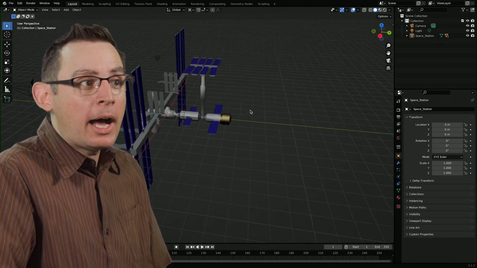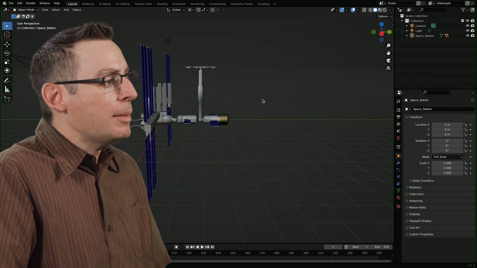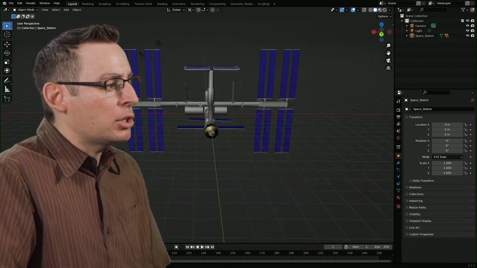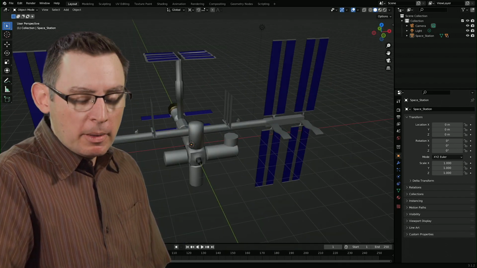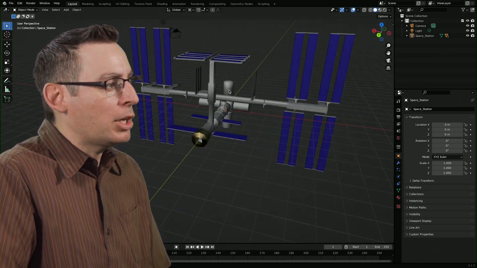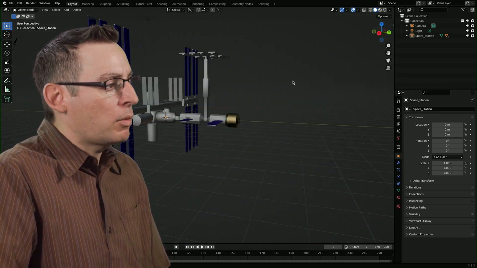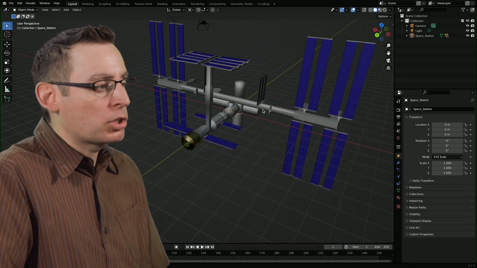It's not moving. I'm moving. And this is called an orbit, by the way. I'm orbiting around the space station by pressing the middle mouse button and then dragging on my mouse pad. I'm rotating around the center of the screen, if you will.